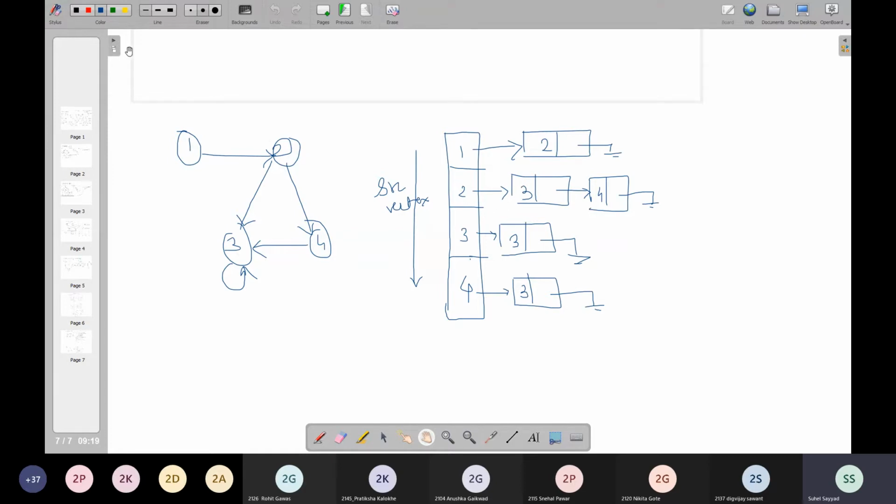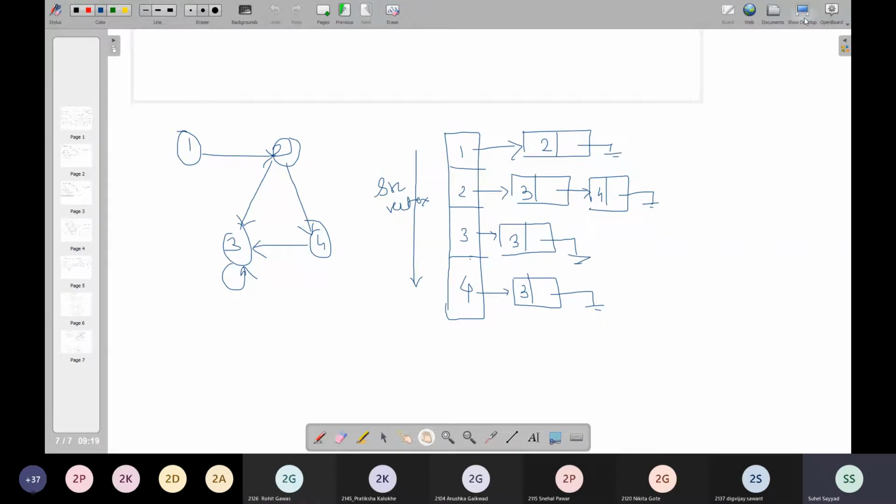If I have another edge in the form of 2 1, going from 2 to 1, then I can add one node here in the linked list of 2, right? So we have to create only those adjacent vertex nodes in which this particular node is acting as the source vertex for that particular edge. Now with this, my dear students, we are going to formulate the representation of this in the form of a C program.